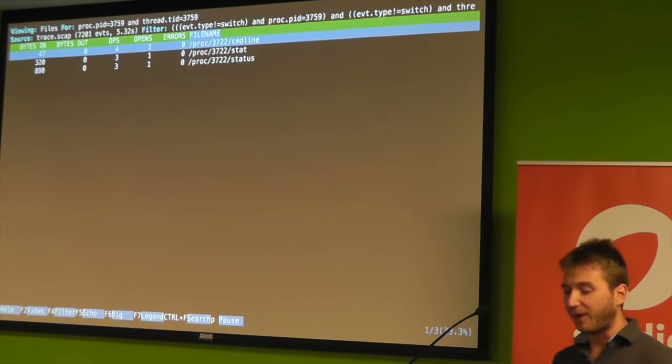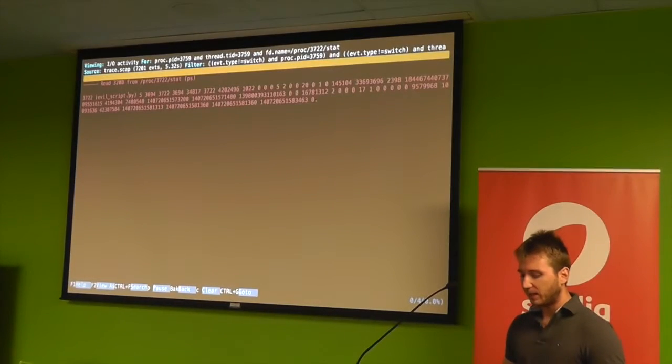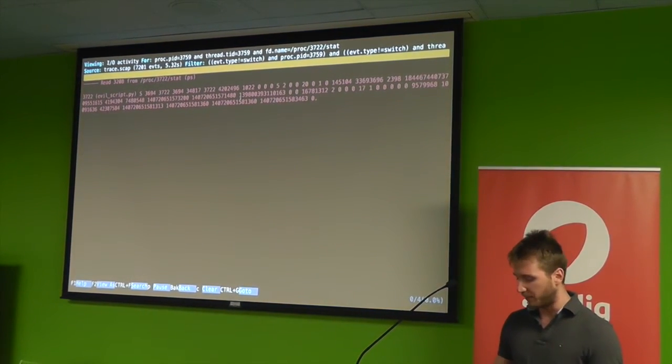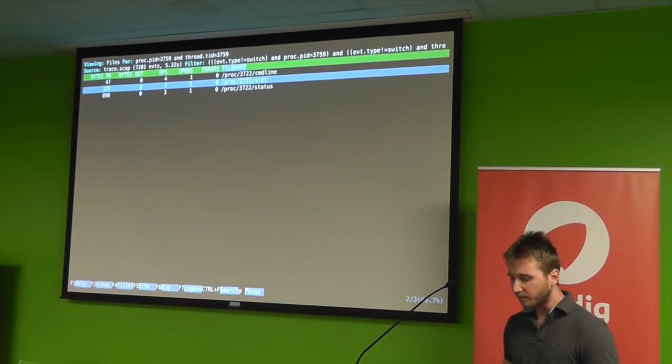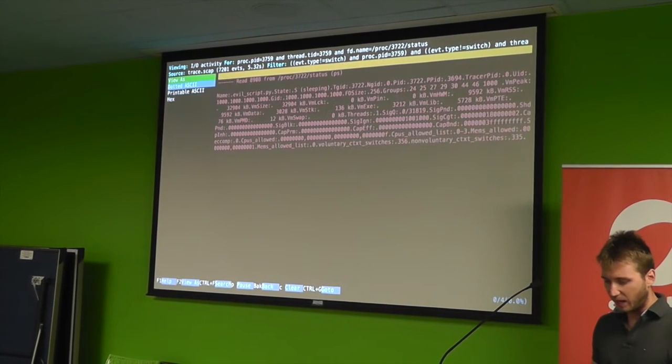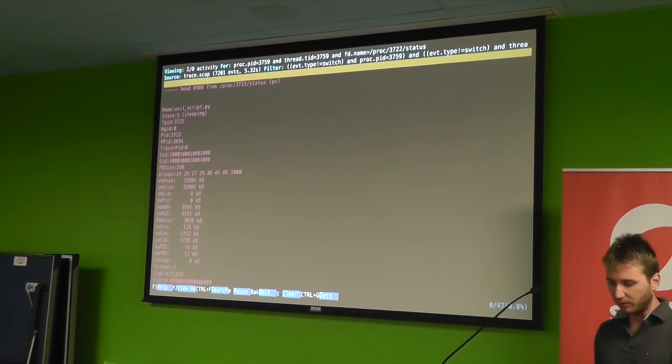So exactly 3 files are being accessed for getting information about evil script, and I can of course just see their content with F5 echo, and I can see that here the command line is read. Under stat, the name of the process is read, along with a bunch of counters that contain all sorts of things: CPU, memory, and other things. And status contains pretty much the same information in a more user-friendly way. Of course, I can format